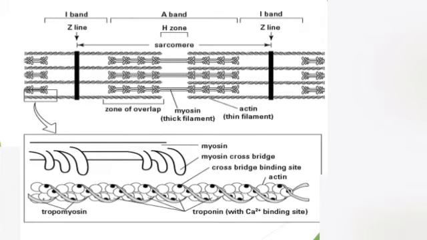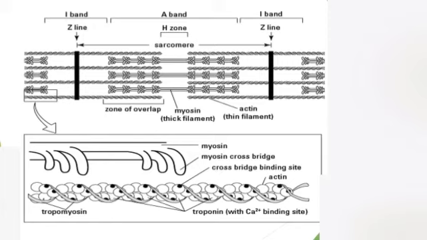Now the ultrastructure of skeletal muscles. Students, as you can see in the diagram, each myofibril consists of two filaments. The upper one shows the thick filament and the lower one shows the thin filament. Thick filament is 16 nanometer in diameter, while thin filament is 7 to 8 nanometer in diameter. The composition of thick filament is myosin protein, while the thin filament is composed of actin protein.